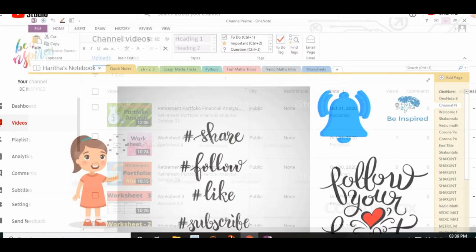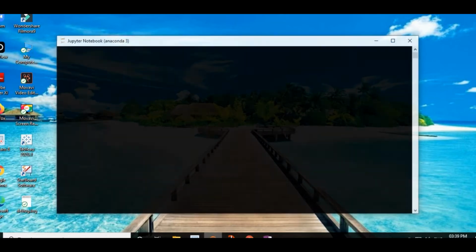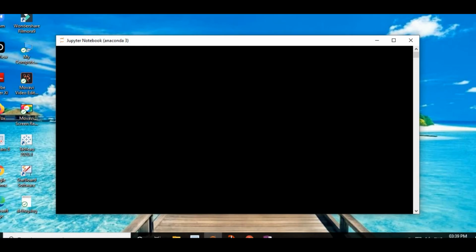Okay friends, I'm going to take this Python notebook. See here, this is not the Jupyter notebook yet, and if it opens, then we can go for Python. It is taking a little bit of time to open. Let it take time to complete. So first of all, in today's class we will see how for loops iterate over simple strings.